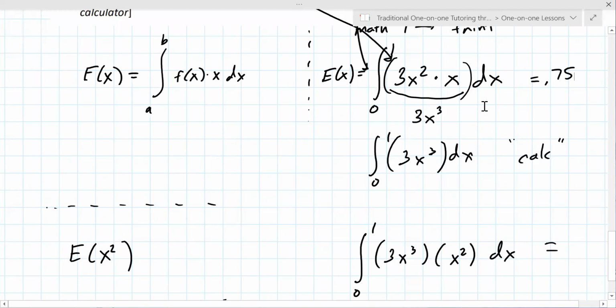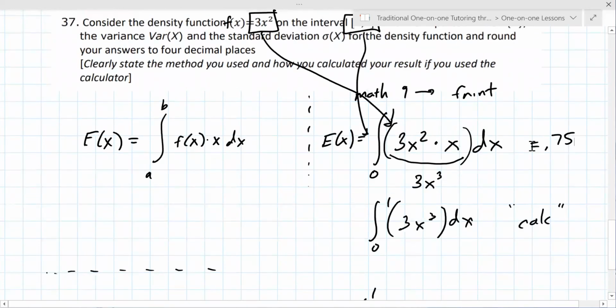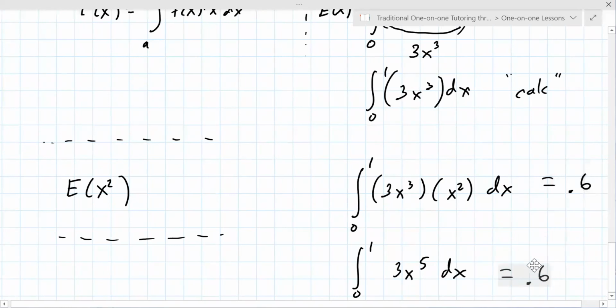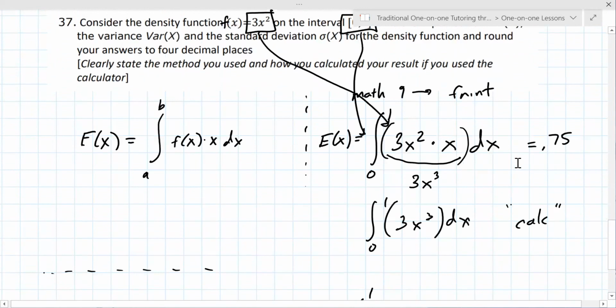Oh, I see what I did wrong. Okay, I multiplied it like the second one by X. Okay. Yeah, the second one is 0.6. Okay, so the first one I did wrong. Make sure for the first one, if you want to try again, make sure you get 0.75, because you really can't move on if